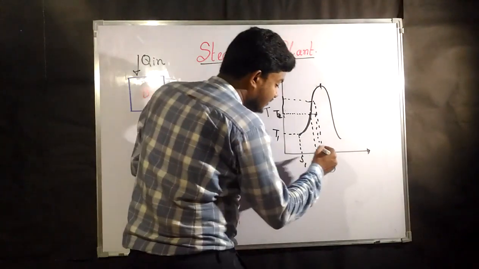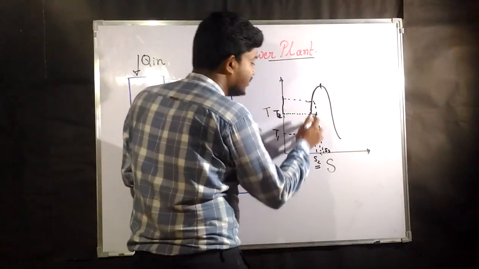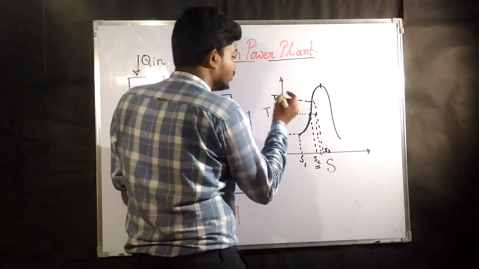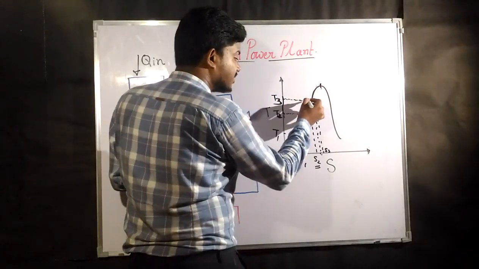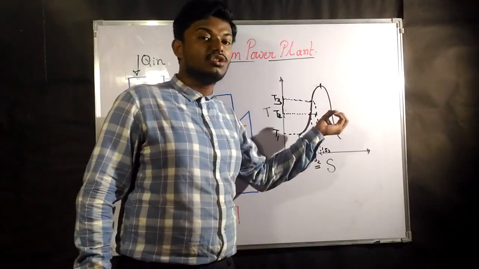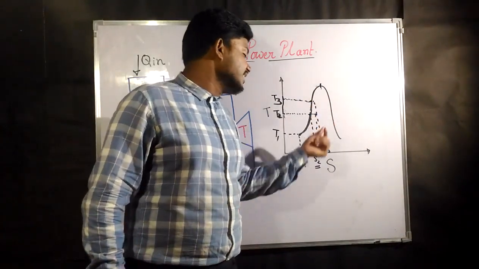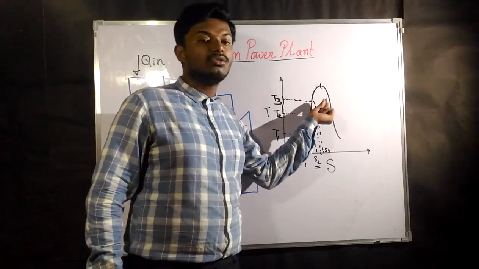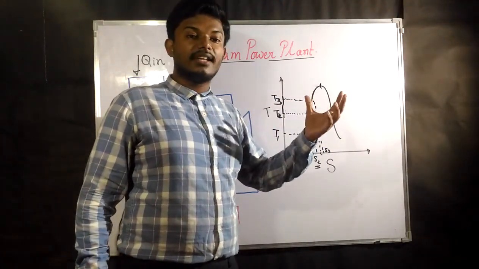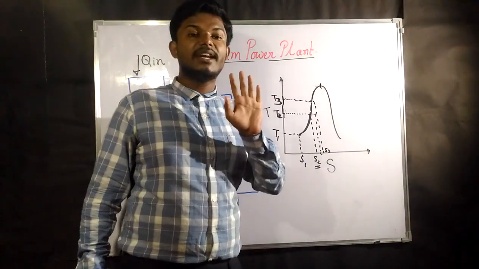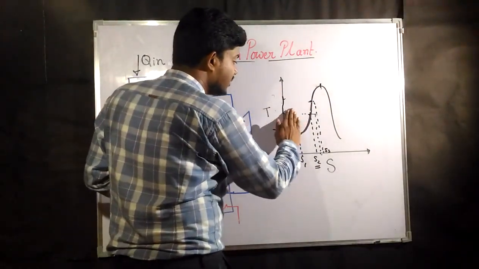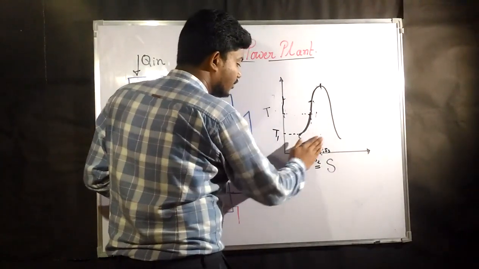So at this new entropy value, S3, you can go up to maximum this temperature, and at this temperature you can have the saturated liquid, that means at the verge of evaporating. If you slightly increase the entropy, the evaporation will start, and the remaining thing would be nothing but liquid plus vapor. So this is the importance of a vapor dome.